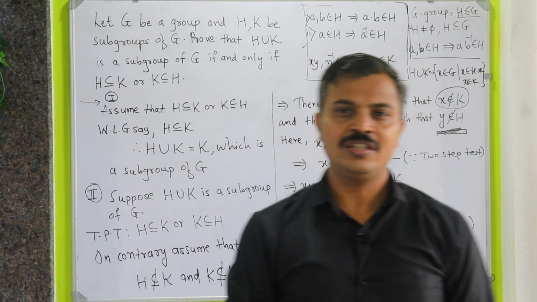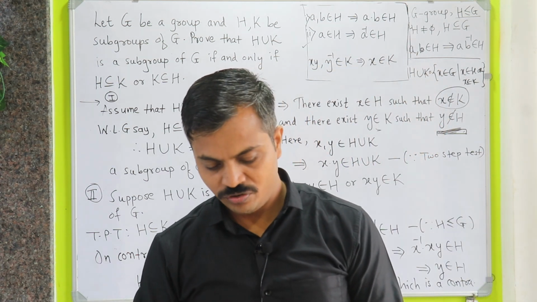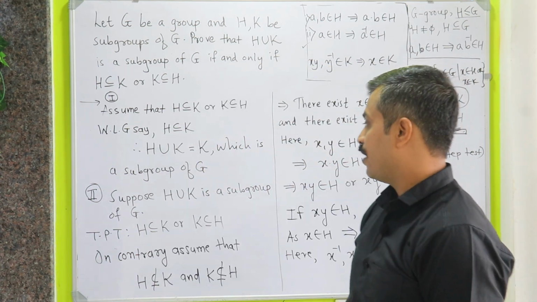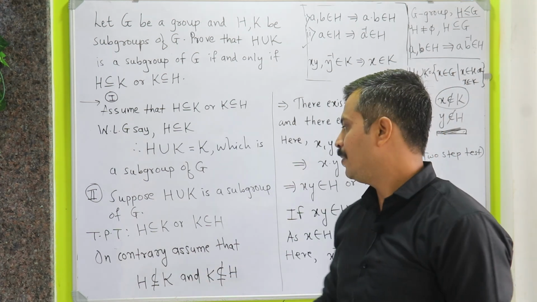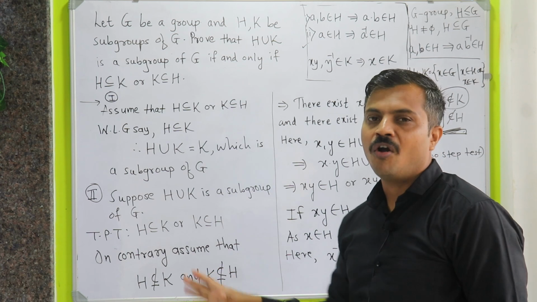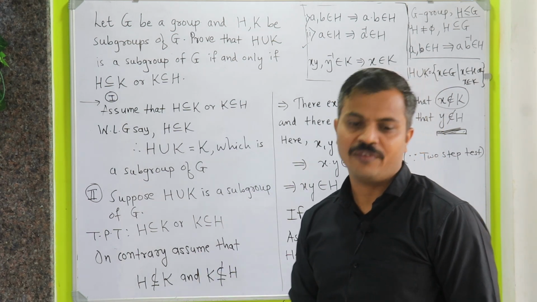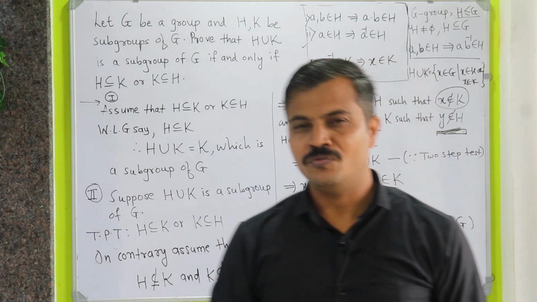Thus in both the cases we arrive at a contradiction. So therefore we will say whatever we have assumed is wrong. Therefore what should be right? H should be a subset of K, or K should be a subset of H, and that is exactly what we wanted to